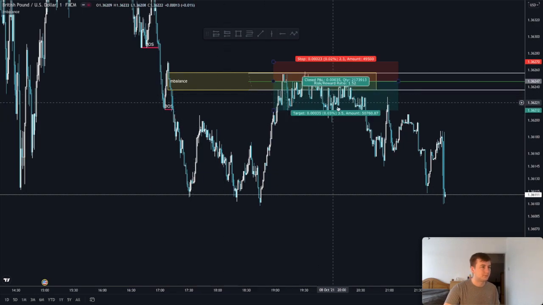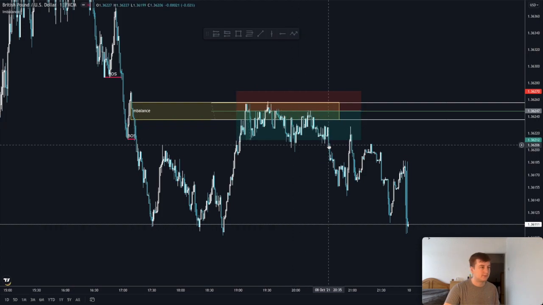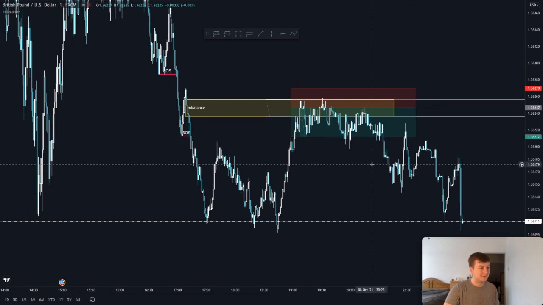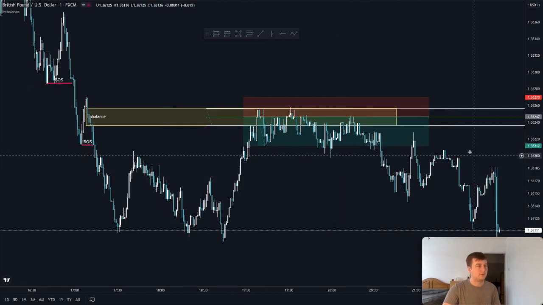So yes, this trade is still a good trade. We took 50% off, but still profitable, still make money on it. But yeah, things happen. We missed out on the rest of the move. So the next trade is,